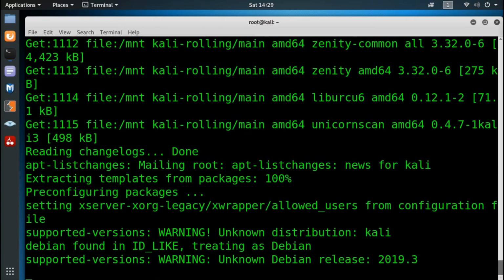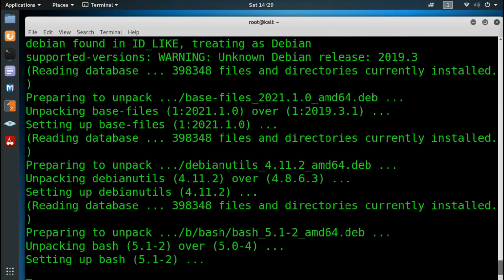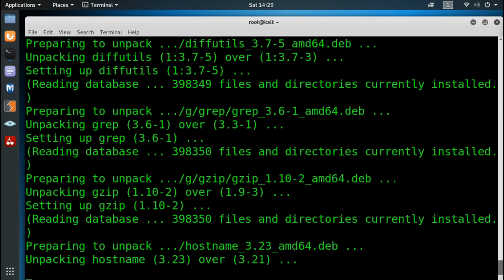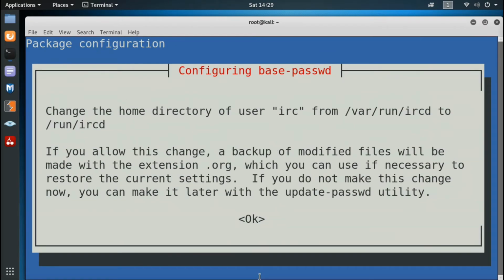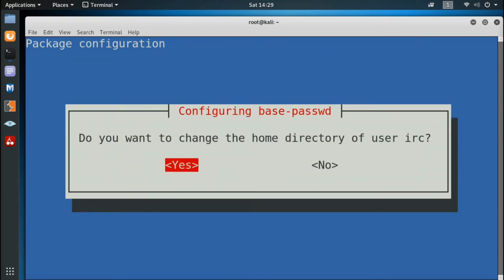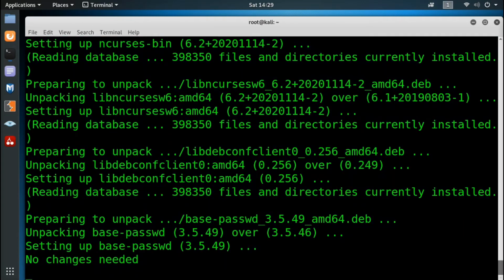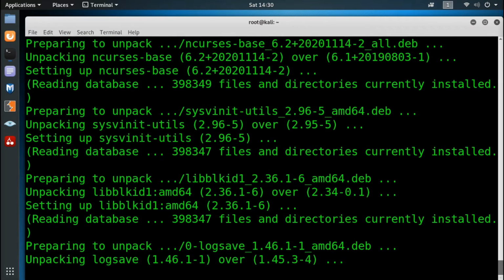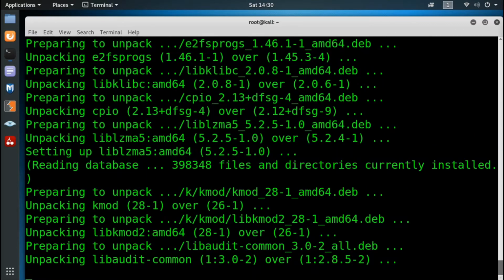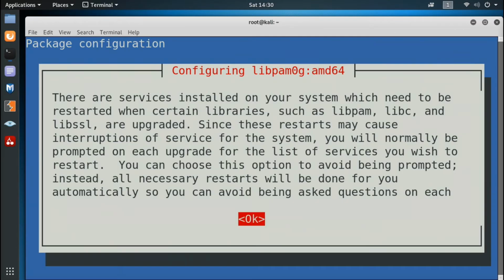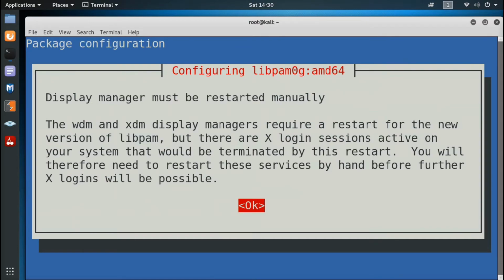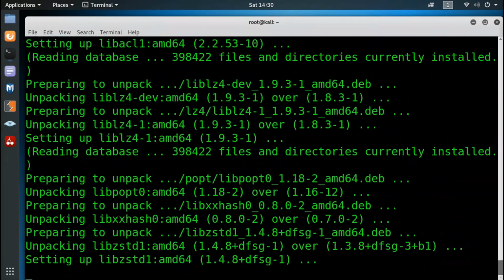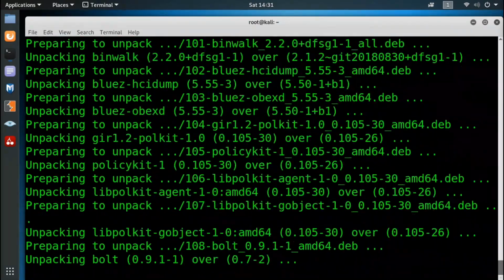In the upgrade process, you can see similar messages. Press Tab to switch to OK and press enter, and you can choose no for no changes in the existing configuration file. Next, you may provide permission to automatically restart the services in the upgrade by choosing yes. Further proceed with OK. Let's fast forward this process till we encounter any other prompt or messages.